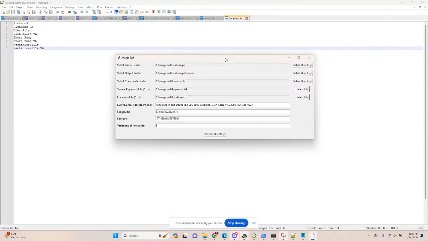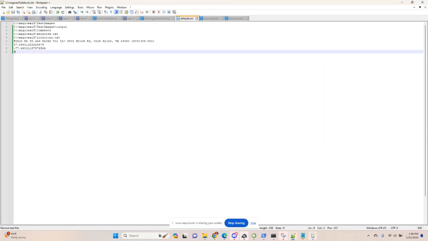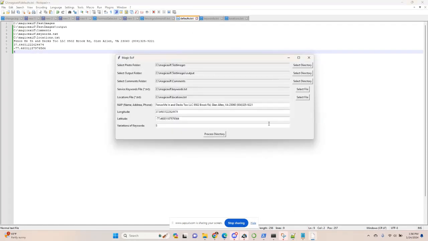Hey, I just wanted to show you this application that I made that spins and creates keyword rich, relevant Exif data for images that you can use throughout your properties for SEO. Okay, so I'm just going to show you how it works, and then we'll go into the nitty